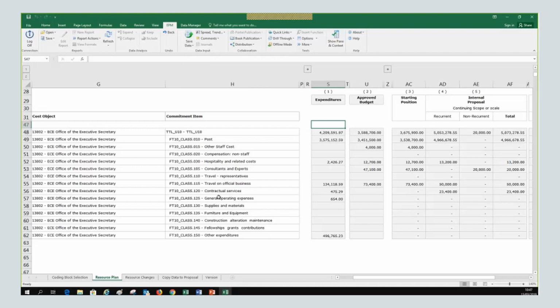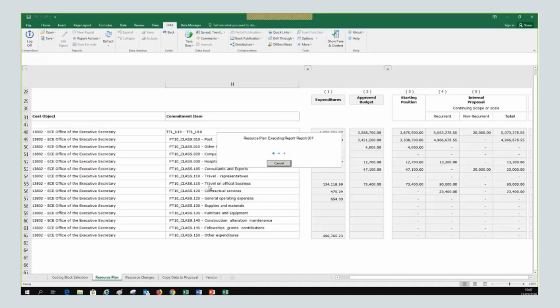Now I said I want to enter data on the travel side. So I double click on the travel and official business, and the system will expand the travel commitment item, or the travel budget class, and we will see first the subclasses. And then look again at the color of the cells.